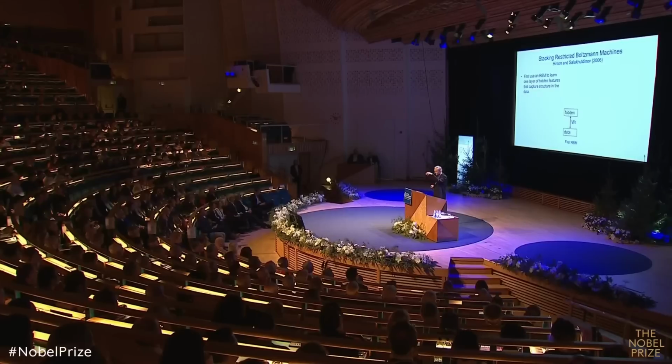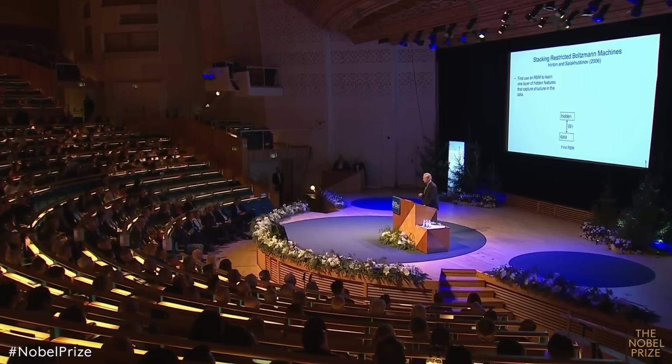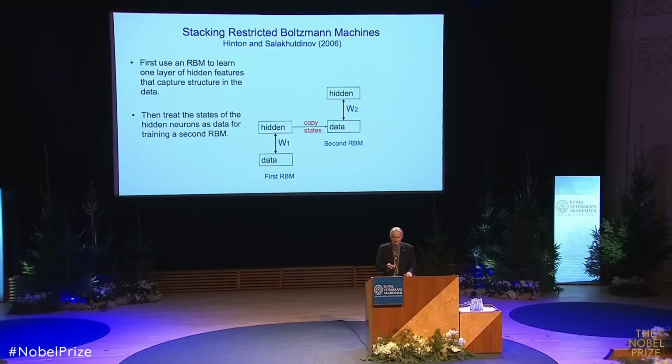The hidden units turn into feature detectors that capture commonly correlated things in the data. Then you take those hidden activity patterns, the binary activity patterns in the hidden units, and you treat those as data. So you just copy those into another RBM, and they're the data for the other RBM, and that second RBM looks at these features that have captured correlations in the data, and it captures correlations between those features. And you keep going like that, so you're capturing more and more complicated correlations.